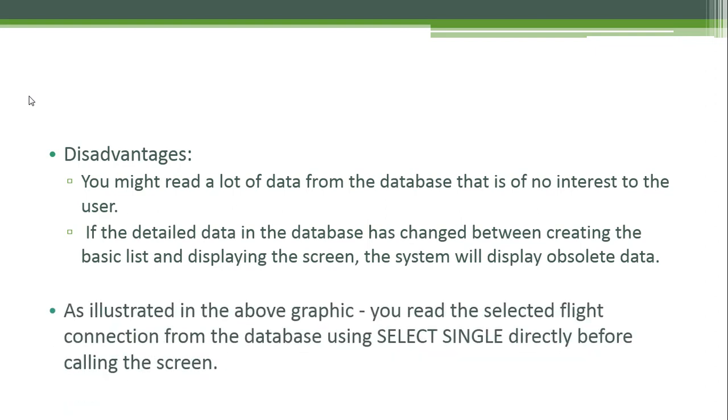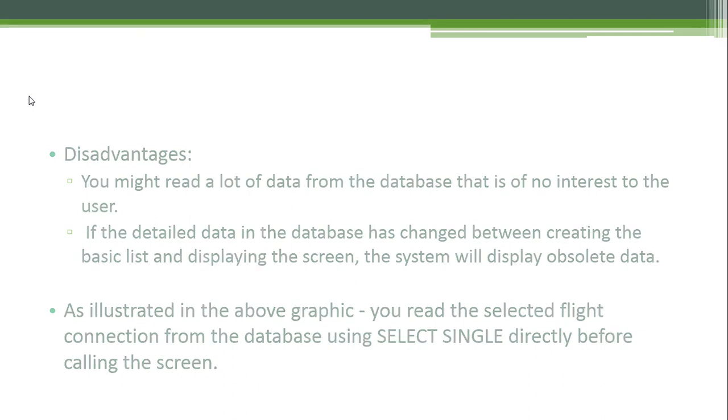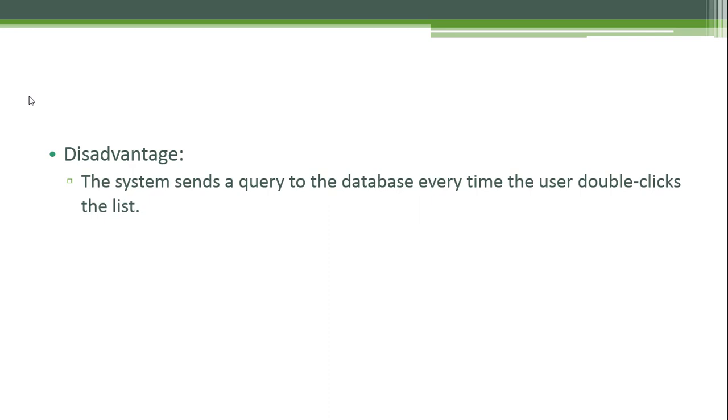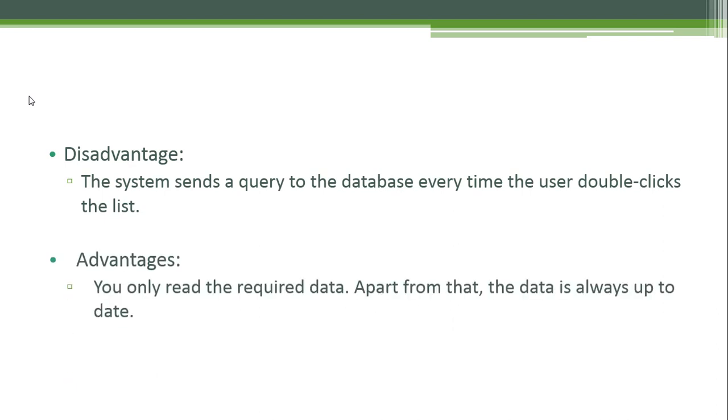As illustrated in the graphic, you read the selected flight connection from the database using select single directly before calling the screen. I forgot to include the graphic here, but basically it is the select single that we included in our program. So you can go and take a look at the select single that we implemented. Another disadvantage is the system sends a query to the database every time the user double clicks the list. And an advantage is you only read the required data. Apart from that, the data is always